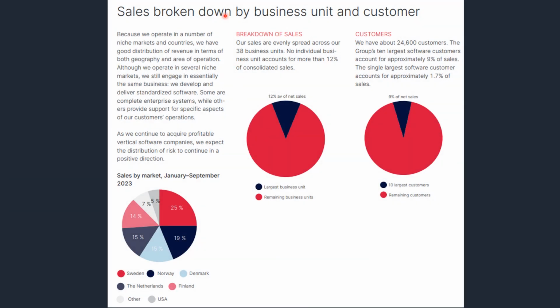Continuing here with the sales, so we have the sales here broken down by business unit and its customers. Here we can see the countries, and when we look at the pie chart, we can see that no country amounts for more than 50% or something like this. Sweden is the biggest though by 25%, but we can see that it's quite diversified between different countries. And Norway being the second biggest, it looks like by 19%, and then it piles on, but quite diversified